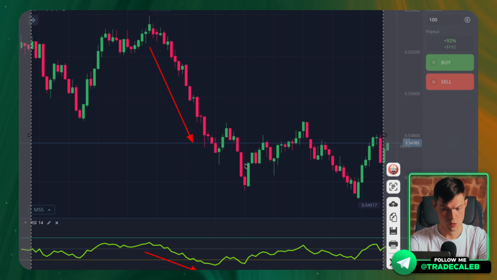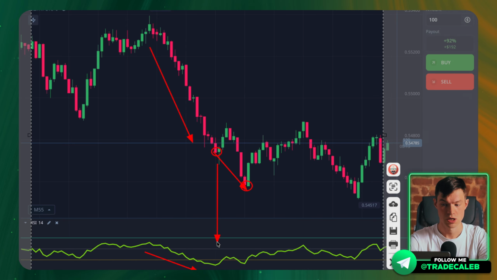However, at some point, a divergence appears between the price and the indicator. So what do I mean? Take a look at these minimums on the chart. When we have a downward movement, we focus on the minimum values. Right now, the chart has updated its last minimum, but if we draw parallels and look at the RSI value